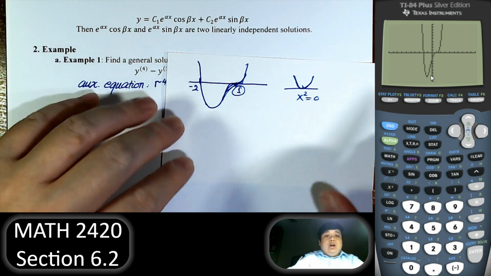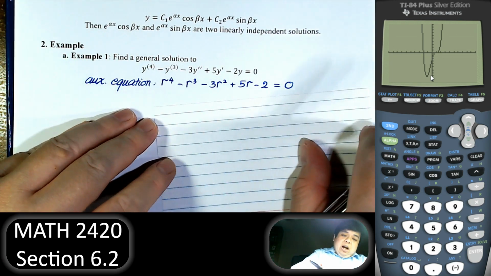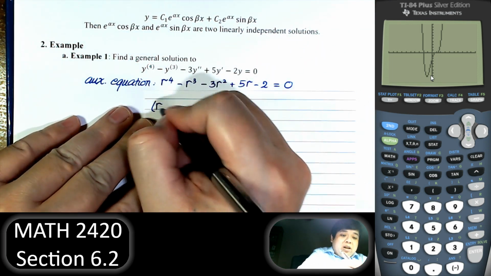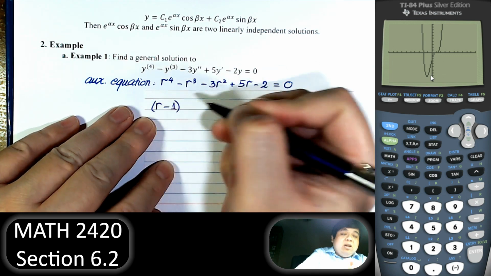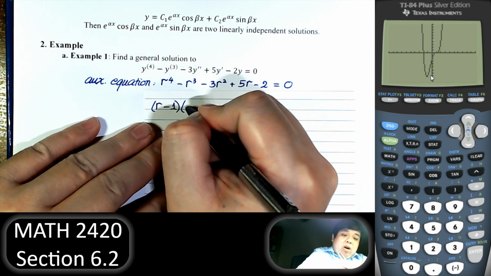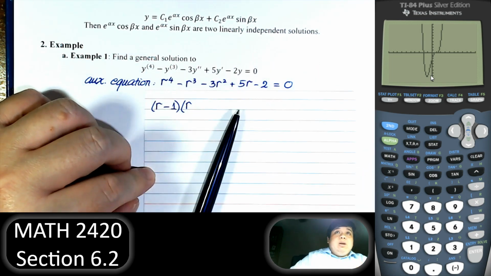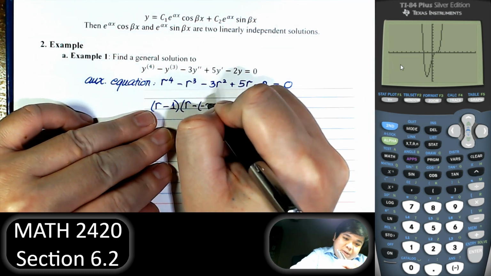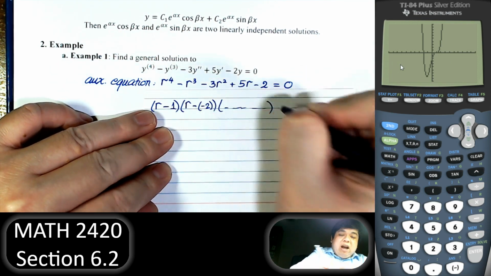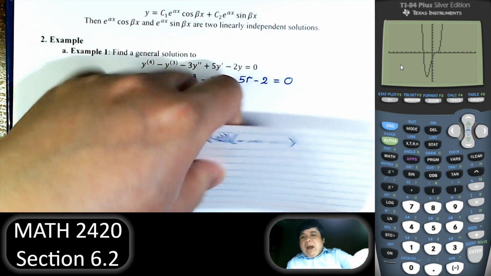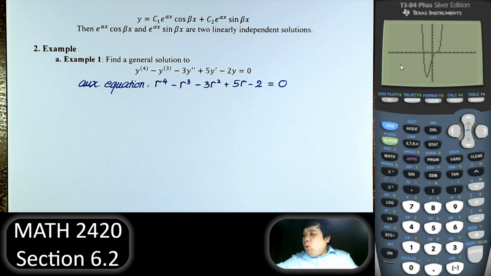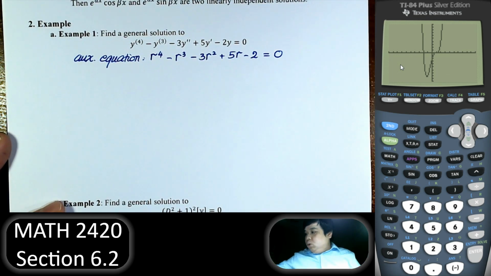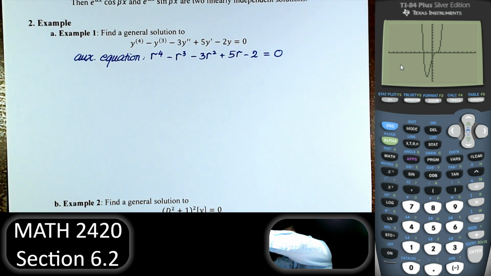Well, if we know a solution, we can factor it as r minus the solution. We know 1 is a solution, so we can write r minus 1 as a factor. And then we can write r minus -2, because we also have -2 as a solution. Then we can determine the remaining factor. The way we do this back in college algebra is we use synthetic division. If we know a solution, or if we can test a solution,